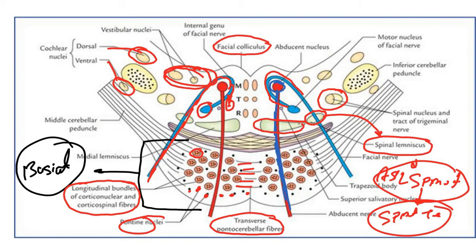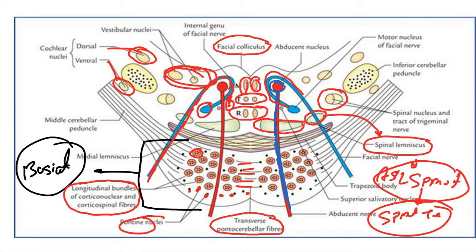sensory decussation. Okay, so here you can see we have the medial longitudinal fibers that connect the third, fourth, fifth, and eighth cranial nerve. So this will be present along the whole pons and some part of the medulla, and in the midline also, because it connects the nuclei. It's for the proper coordination. So here you can see the tectospinal tract, and here you can see the rubrospinal tract.